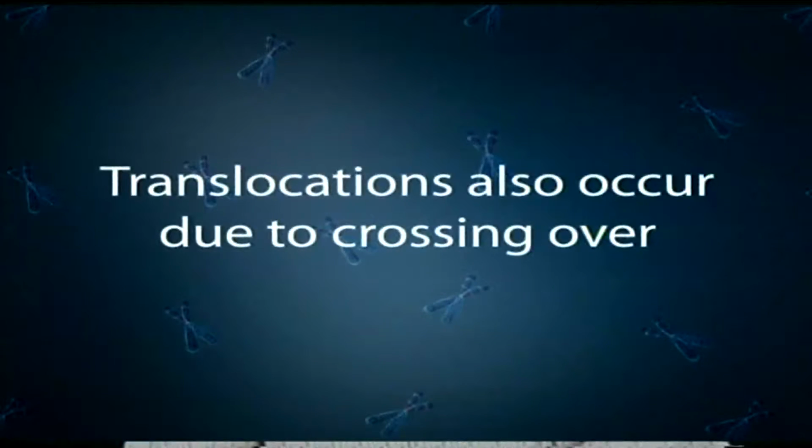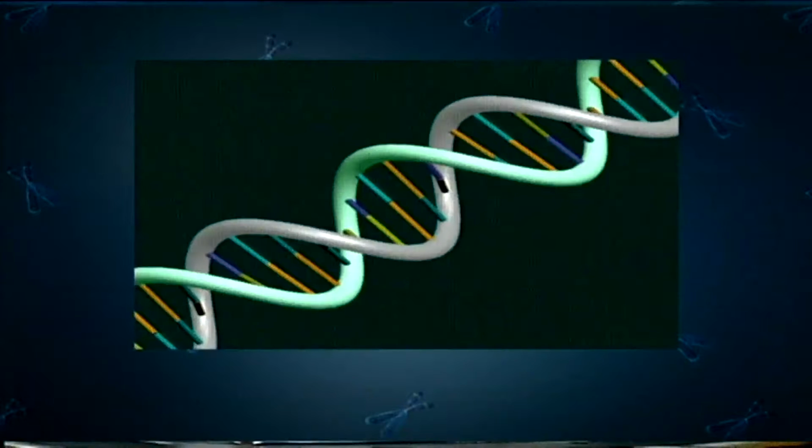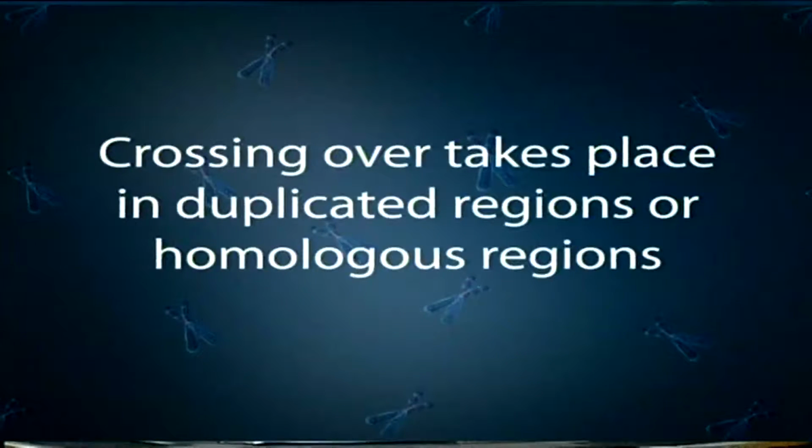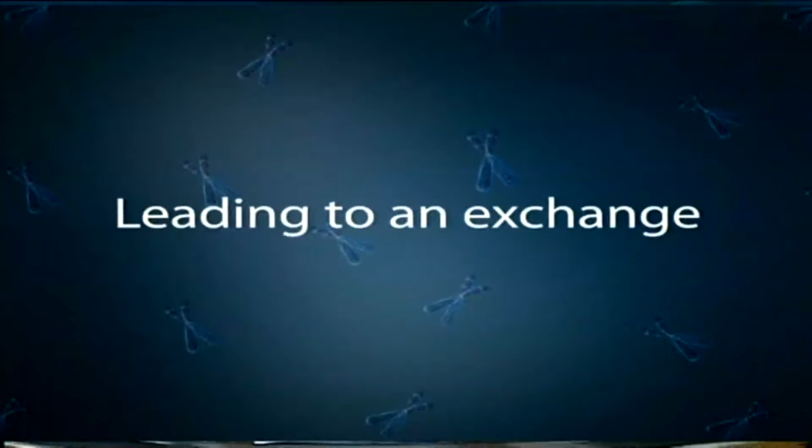Translocations can also occur due to crossing over events between non-homologous chromosomes. There are sometimes some repetitive DNA elements or the centromeric elements which are homologous between the non-homologous chromosomes. So crossing over takes place in such duplicated regions or homologous regions, which leads to exchange of chromosomal segments between